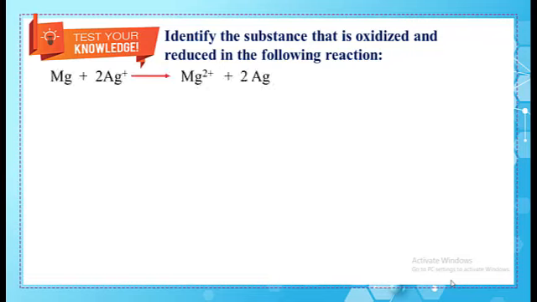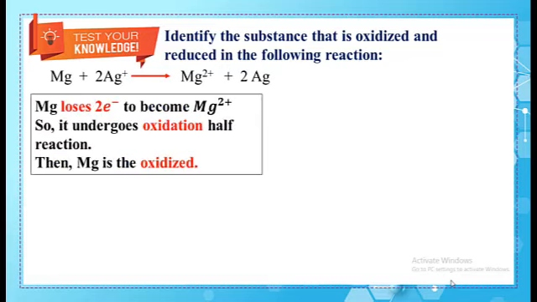Mg + 2Ag+ gives Mg2+ + 2Ag. As you see here, Mg loses 2 electrons to become Mg2+, so it undergoes the oxidation half reaction, then Mg is the oxidized species. Because Mg undergoes the oxidation half reaction, we can write the oxidation half